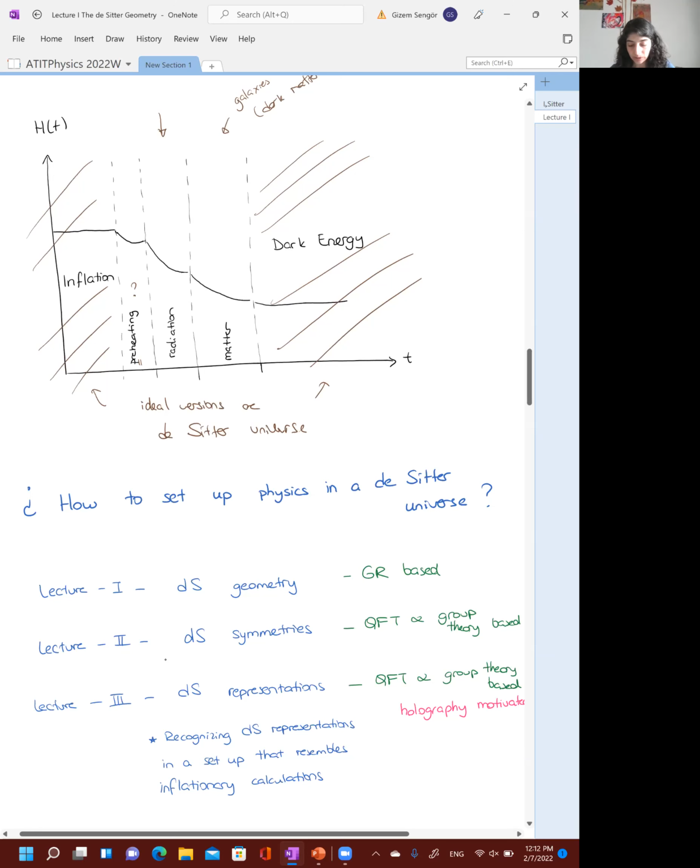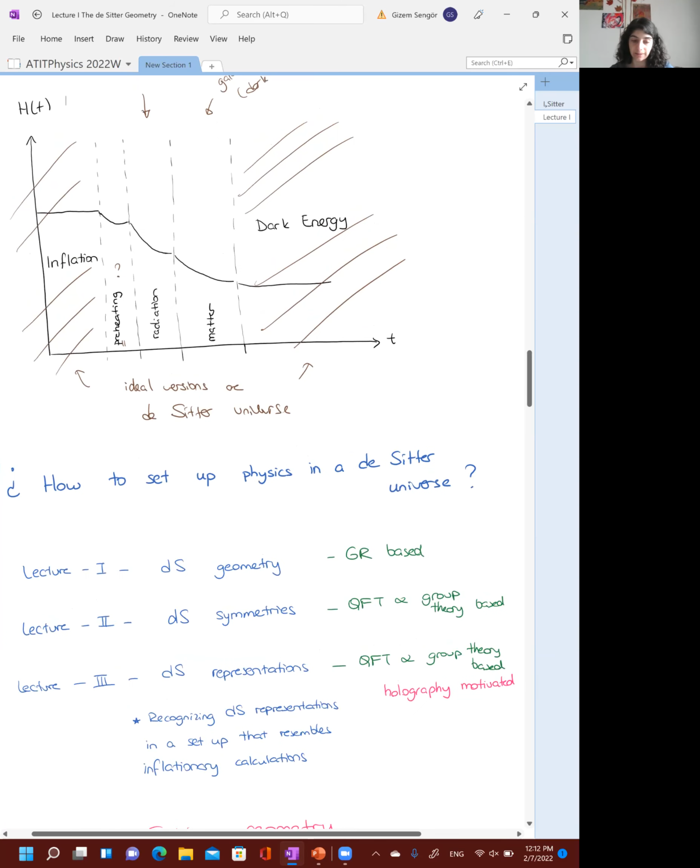Lecture 2, we will focus on the de Sitter symmetries. This will be quantum field theory and group theory based. But this is fine to understand even if you did not see quantum field theory, as long as you had a very strong quantum mechanics course. And lecture 3, we will focus on the de Sitter representations. Again, this is quantum field theory and group theory based, but